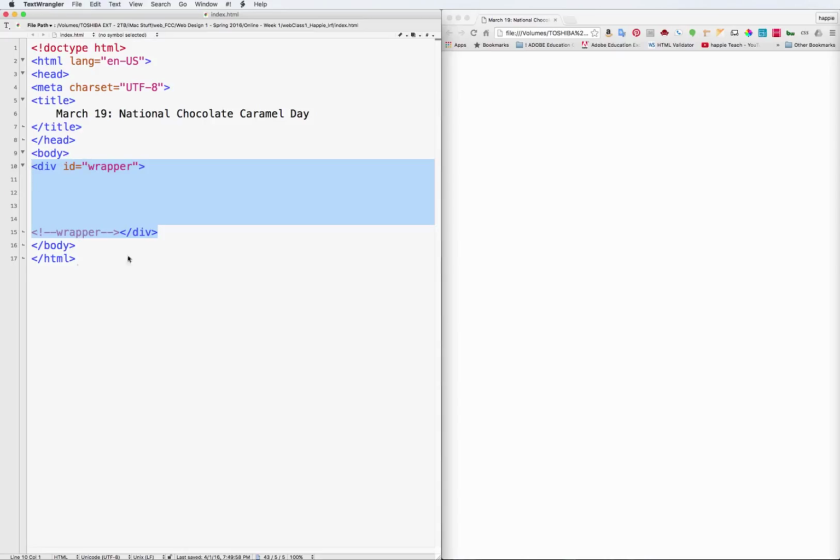So this is your ID for wrapper. And then we extended the functionality by giving it an ID attribute. And then we have the comment for wrapper, and then we have our wrapper closing there. So far, so good. Okay, the next thing that we want to do is we want to go ahead and